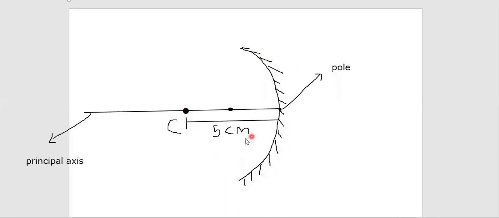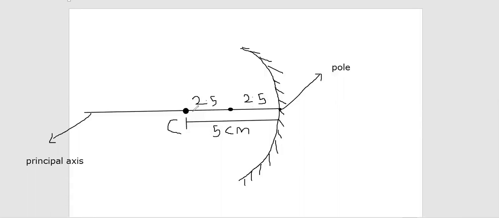5 centimeter distance you need to take. If you want to take extra, you can take extra, no problem. But maximum all people will be taking 5 centimeters only. If we take 5 centimeters, then this one will become 2.5, and this one will also become 2.5. Understood? Both of them will become 2.5 and 2.5, right?